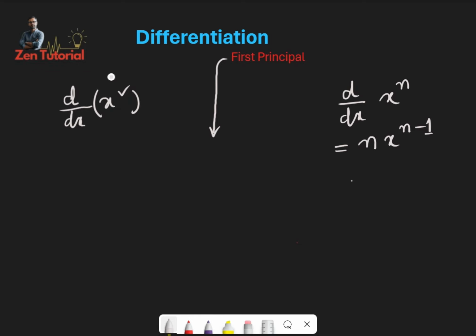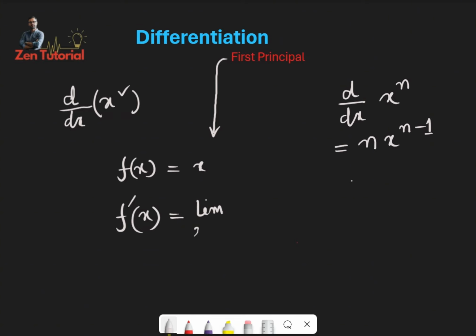So if it is a function f of x, let's say this is x. So the function of x is equal to x. X is the function. Now if we use the first principle, we could write down the first order differentiation by the use of first principle. F dash of x is equal to